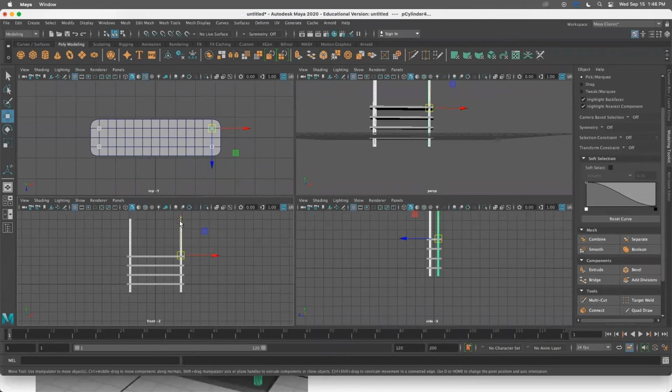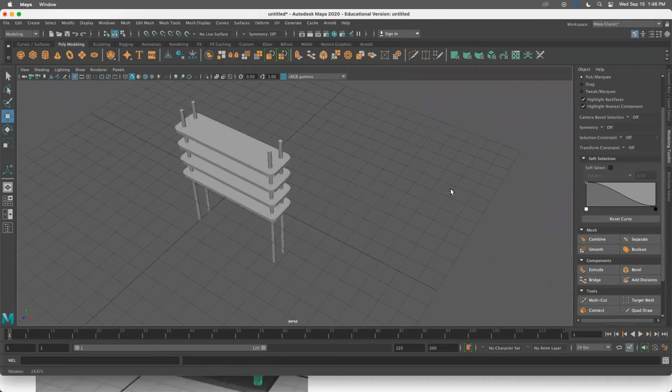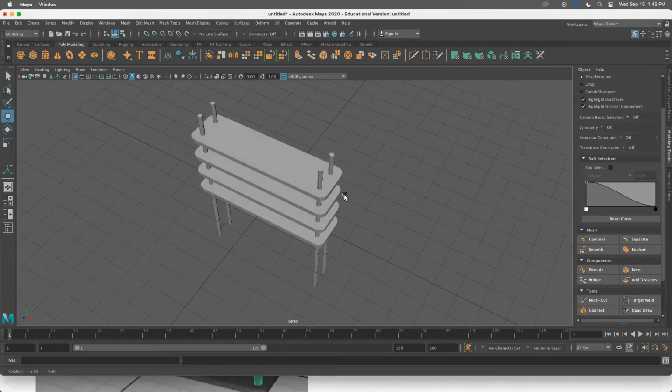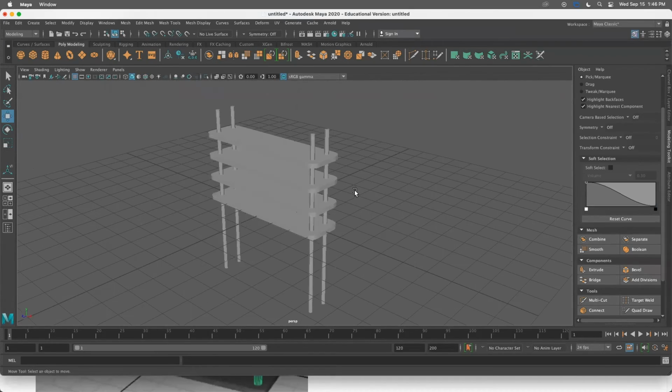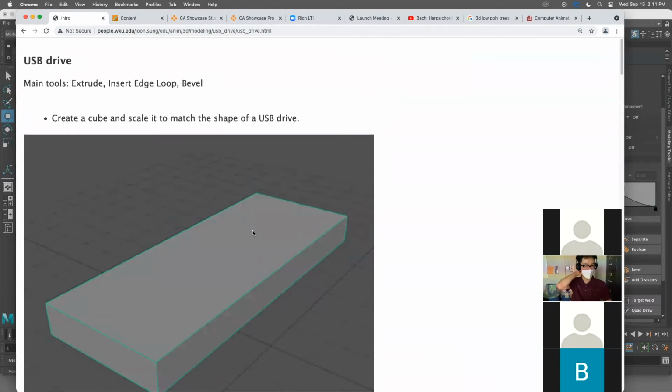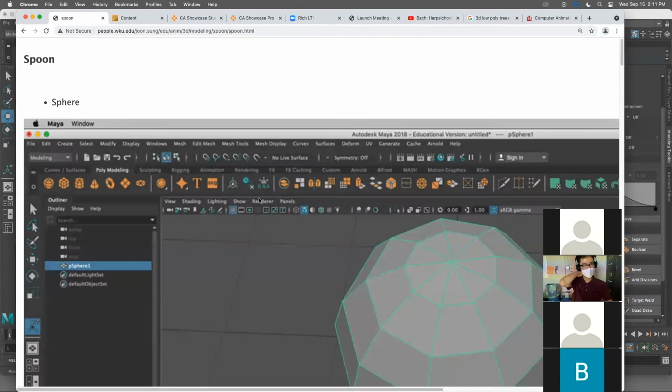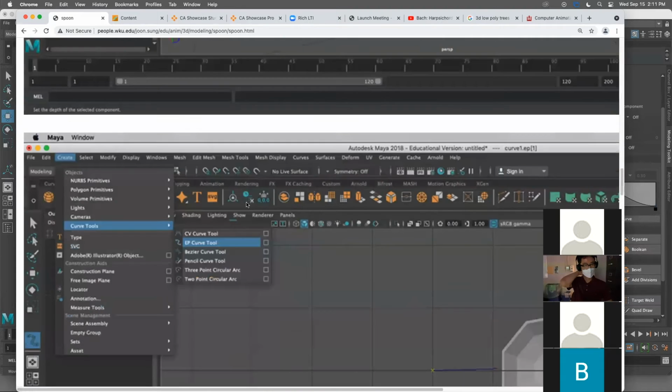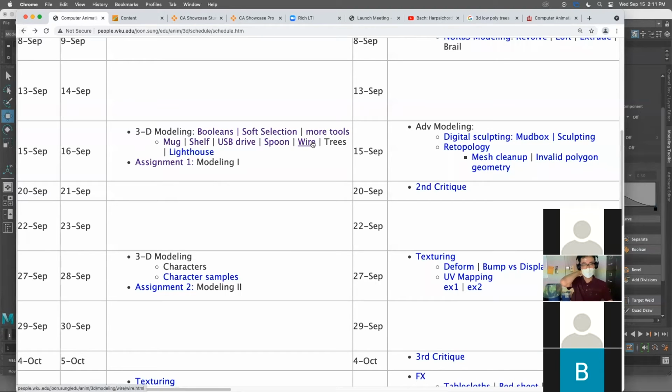I'm gonna select all 4 folds and push down. So the main tools are these: extrude, insert edge loop tool, and bevel. And for the spoon, we're gonna use other tools. And also while creating the trees and lighthouse,